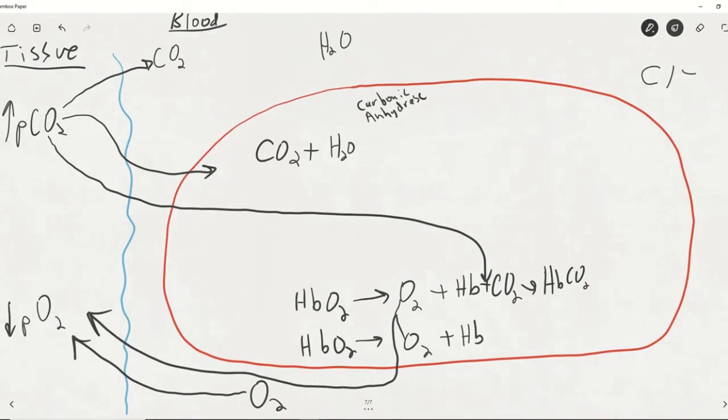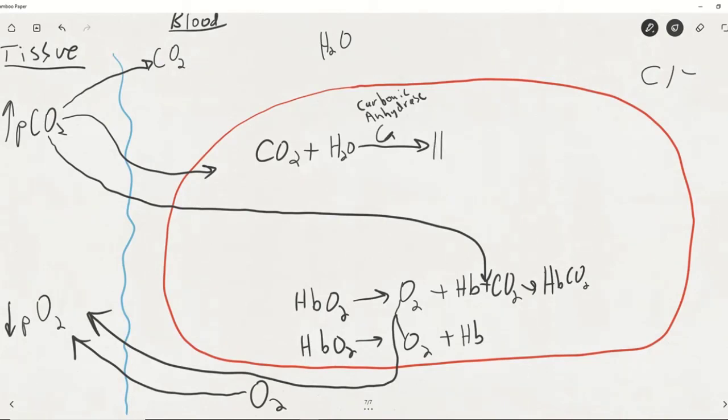The carbonic anhydrase is why more CO2 follows this pathway, because it causes this reaction to happen so fast. What it does is it takes the CO2 and the water and attaches them